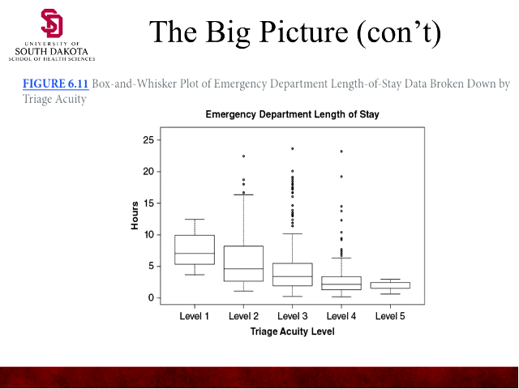Now this is the box and whisker plot in the emergency room looking at lengths of stay, and we see levels 1, 2, 3, 4, and 5 based on the triage method we did. Isn't it interesting that in levels 3 and 4, our lengths of stay are much higher than in level 1 and even level 5? Obviously level 1 patients are moving right from the emergency room to wherever they're going to be treated. They're being stabilized in the emergency room and probably going to surgery. So they move pretty fast because the acuity is higher.